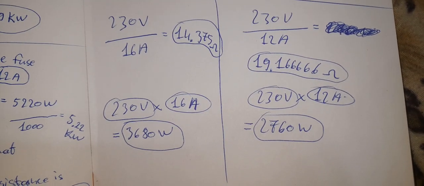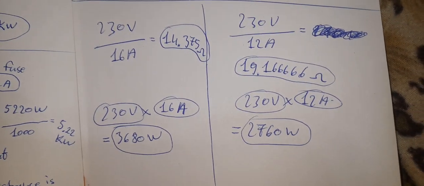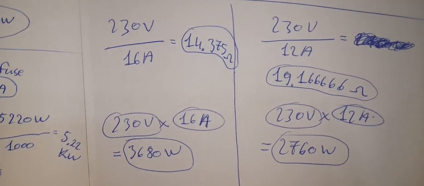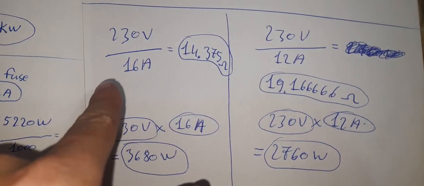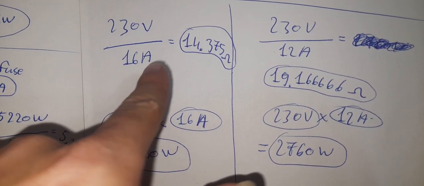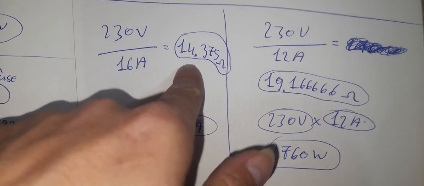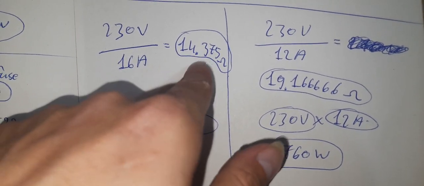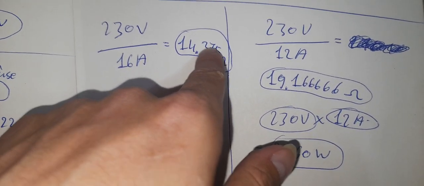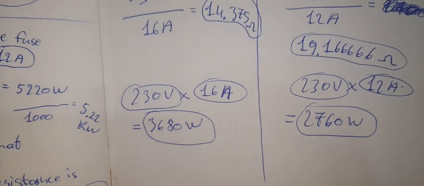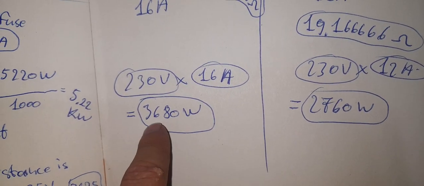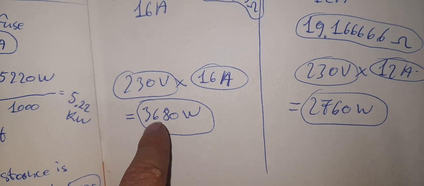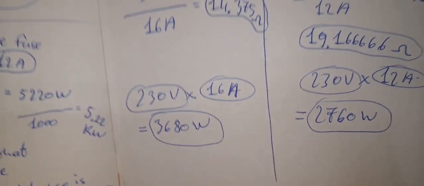This is how I can explain. And this is the calculation. 230 volts divided by 16 amps needs to be 14.375 ohms. So the power is 3680 watts